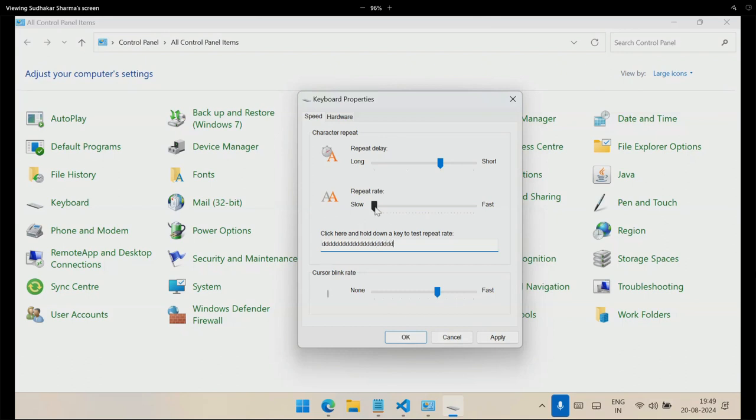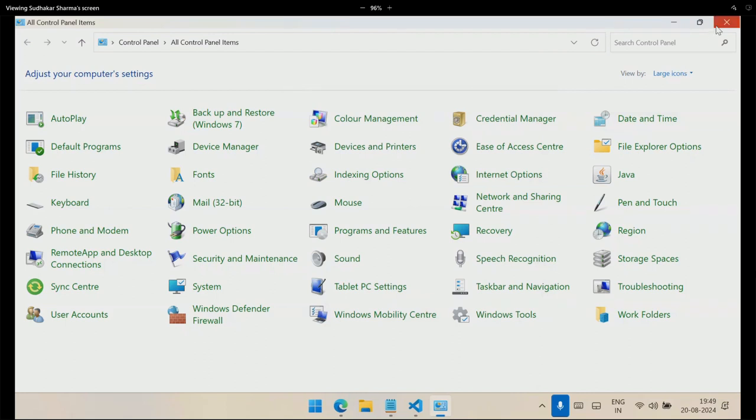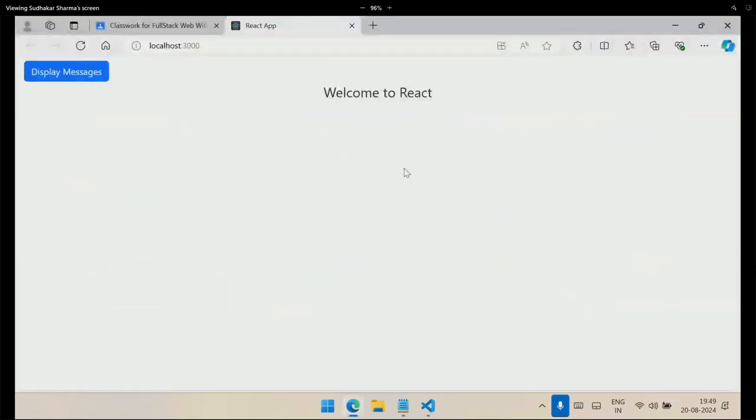Now I will increase the repeat rate. I will make it fast. When I increase the repeat rate, you can see that when I hold down, it is typing fast. That means, what is the concept of bouncing? Bouncing is a mechanism where